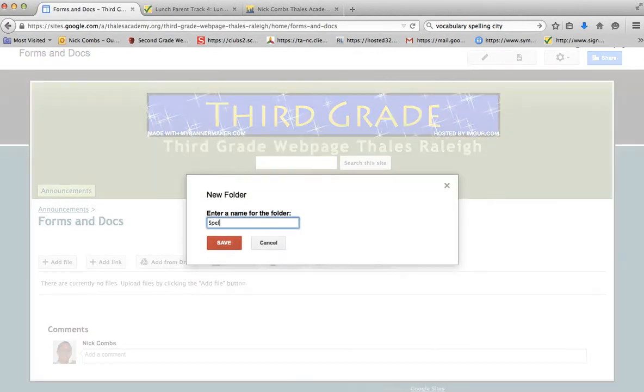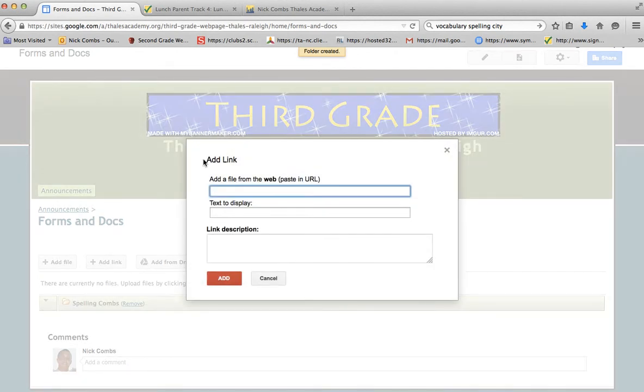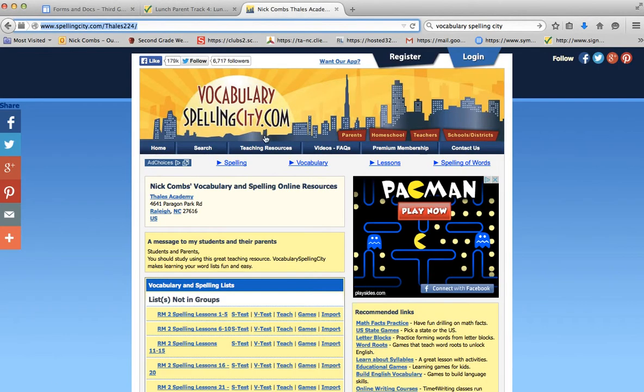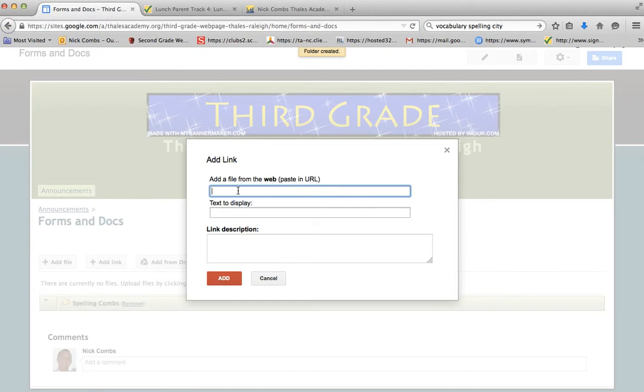So maybe spelling class, right? Spelling combs, and because there might be 2 or 3 teachers that are on the page, and you might have different lists. Like my class is a separate list from the other 3rd grade teachers, right? So I'm going to add a link for parents and students to go look at, and the link that I chose is from Vocabulary Spelling City. I had made lessons, as you can see, based on our spelling lists, games that kids can play and try at home, and I've copied that link and I'm going to paste that there, and the text I'm going to put on there is